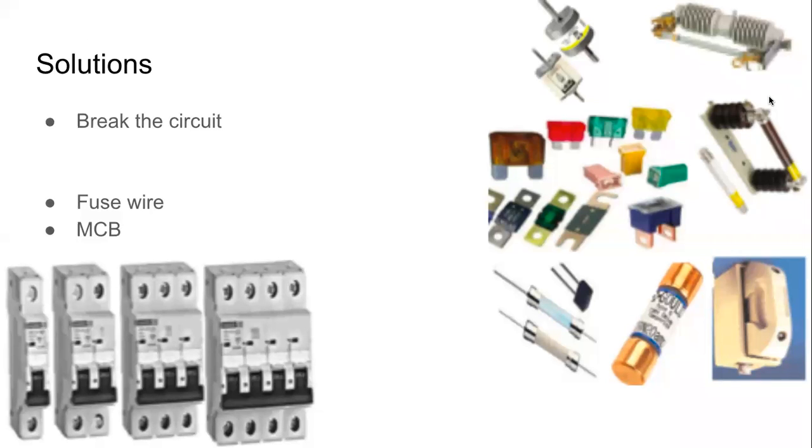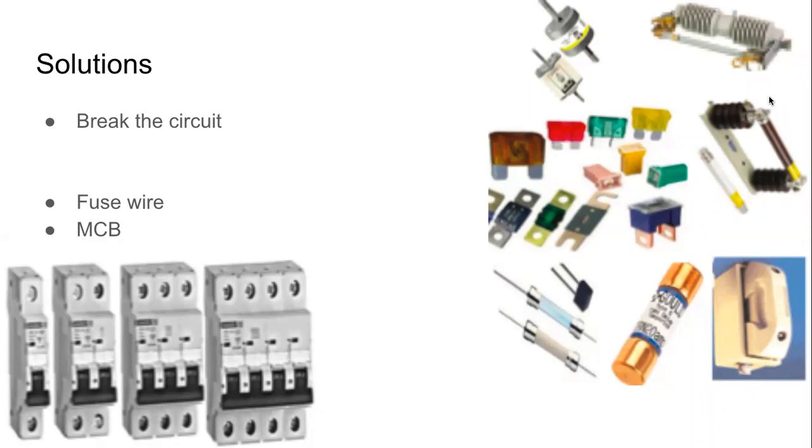इसीलिए there is another thing that is used, which is called miniature circuit breaker, MCB. So here there is a little bit more sophisticated engineering involved. इसमें तार टूटता नहीं है. It senses कि कितना current pass हो रहा है. And if the amount of current that we are drawing exceeds a certain limit, वो अपने आप off हो जाता है. And when that happens, हम कहते हैं ना trip हो गया. MCB has tripped. That means it has switched off.